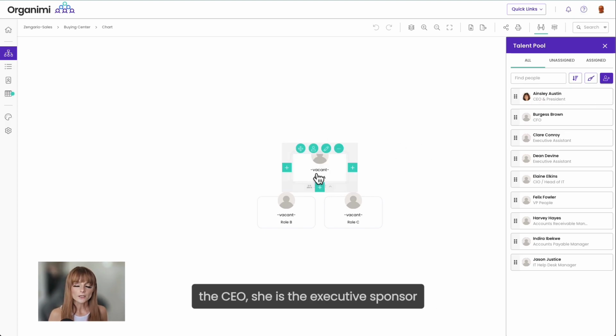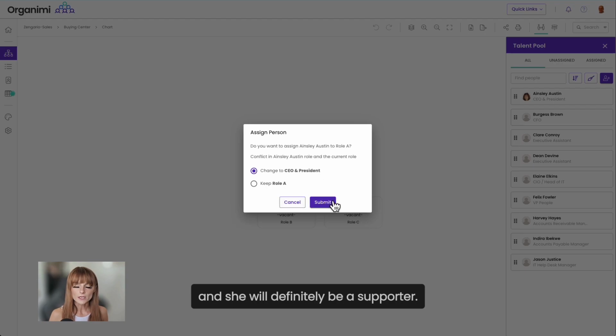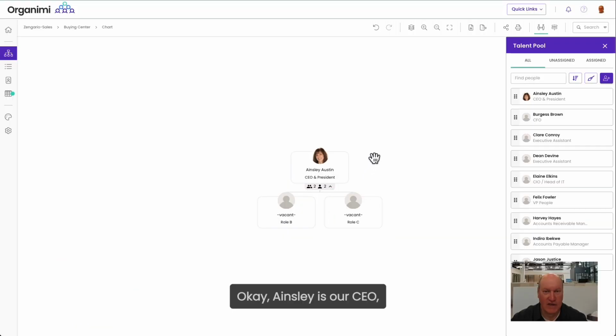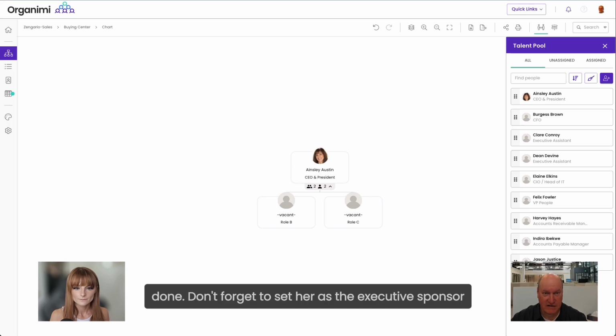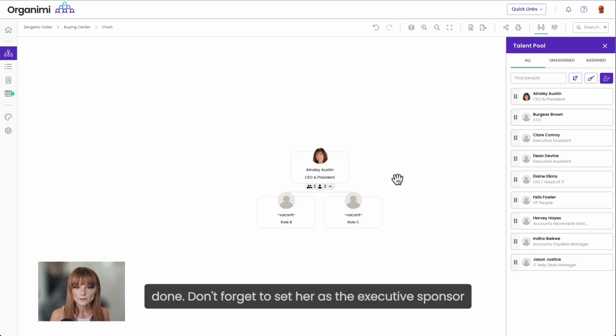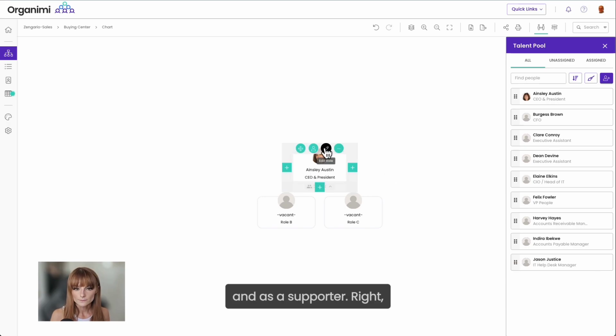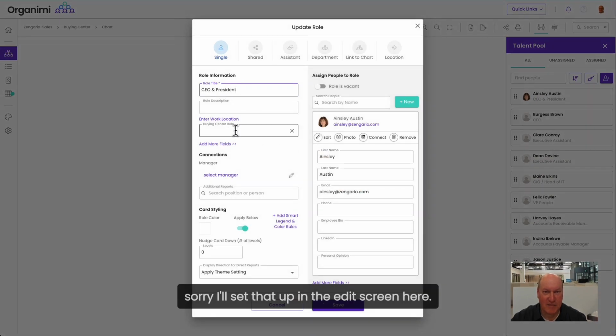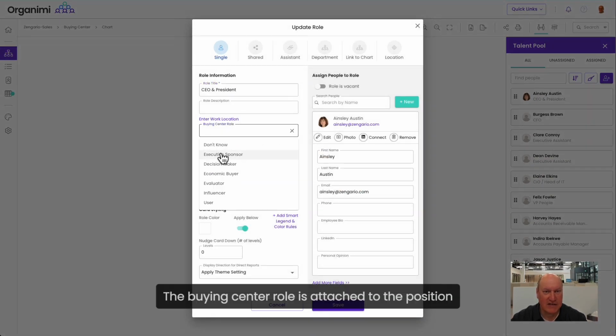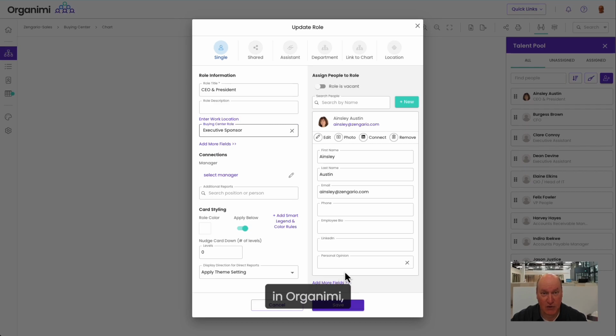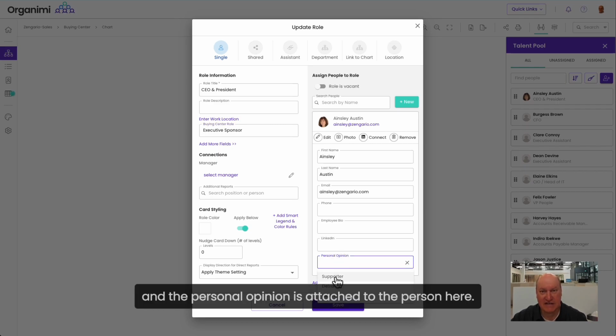She is the executive sponsor, and she will definitely be a supporter. Okay, Ainsley is our CEO. Done. Don't forget to set her as the executive sponsor and as a supporter. Right, sorry. I'll set that up in the edit screen here. The buying center role is attached to the position in Organimi, and the personal opinion is attached to the person